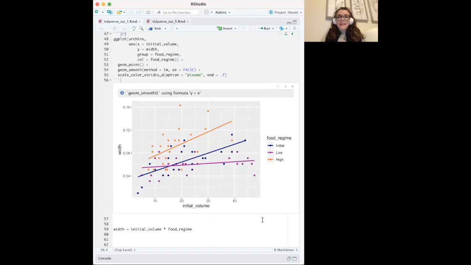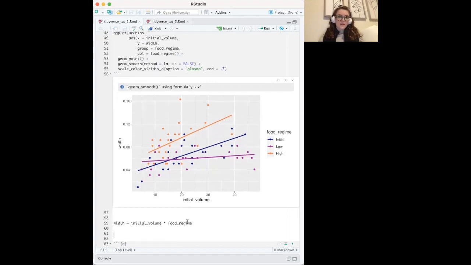So since we have both a categorical predictor and a continuous predictor in our model, a standard two-way analysis of variance model seems appropriate. Since the slopes for each feeding regime appear to be different, we will write a formula that allows for two-way interactions, meaning that our regression model can have separate slopes and intercepts for each food regime. This is achieved through the use of this formula right here, which will be placed into our model later on. I included it here because in the tutorial, it mentions it at this point, but it's not used quite yet.